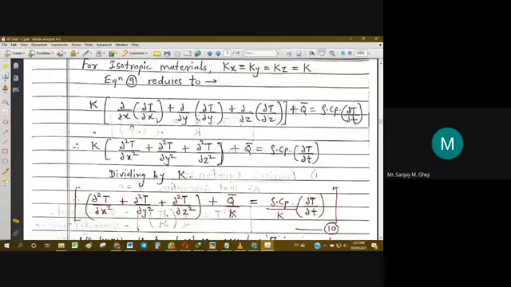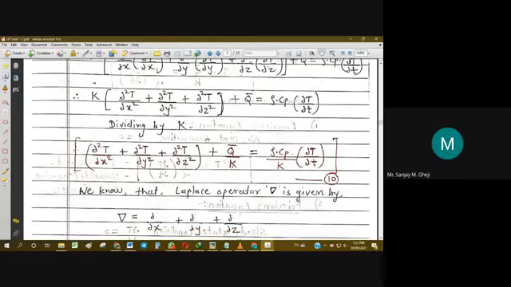Now again, this will turn into a second order differential. ∂/∂x of ∂T/∂x means ∂²T/∂x². The same will happen for the y direction: ∂²T/∂y² plus ∂²T/∂z² plus q bar equal to rho cp ∂T/∂t.